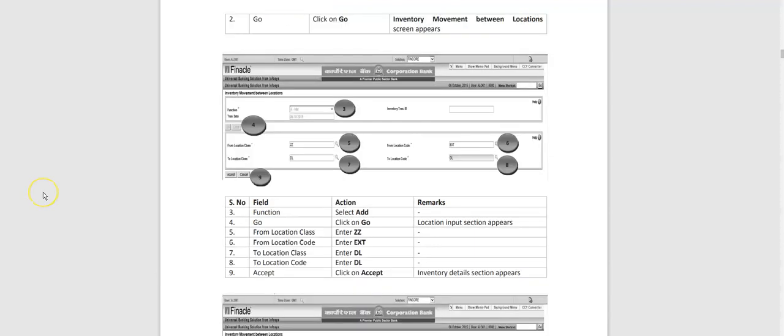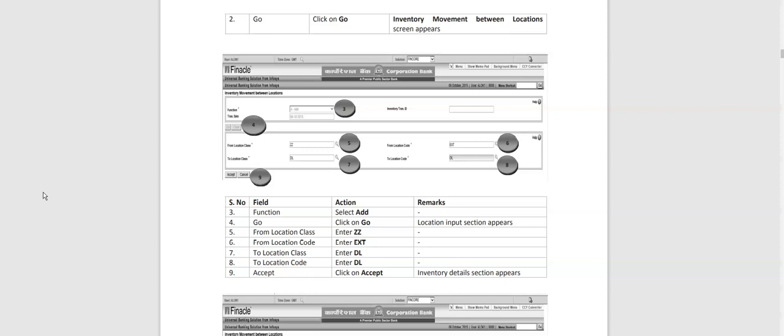So this is the screenshot that you see when you are entering in Finacle, that is HIMC. Now this screenshot is very important. The function first we are adding, then from location class to from location code. So first we have to choose from location class and from location code, that is ZZ and external.